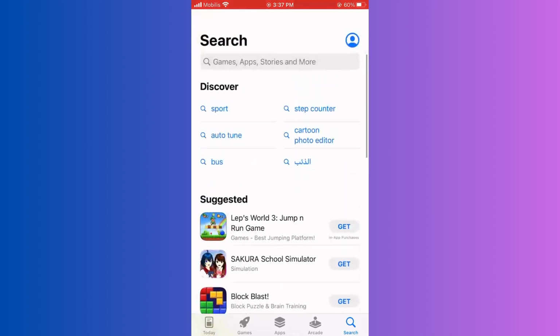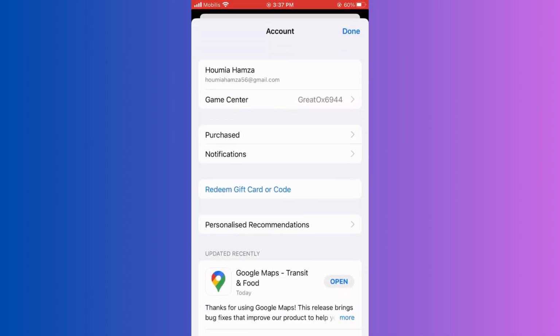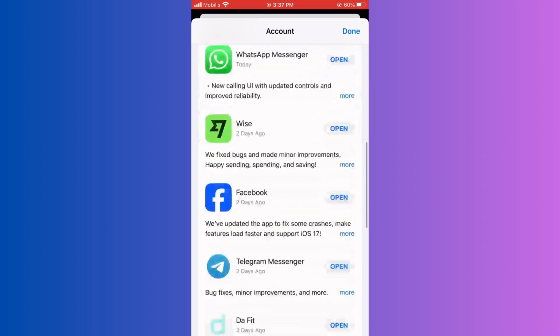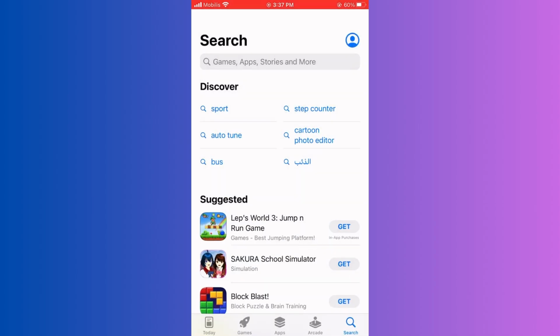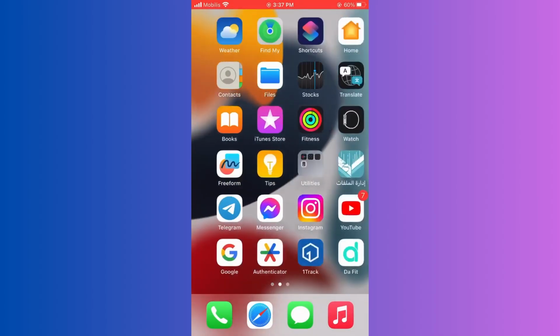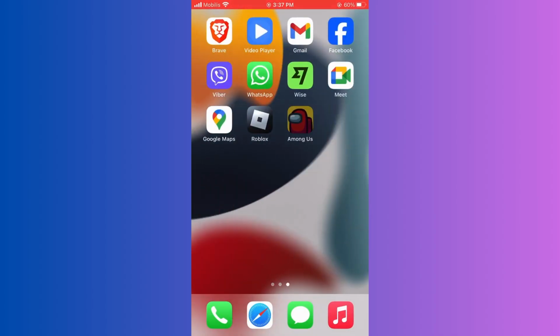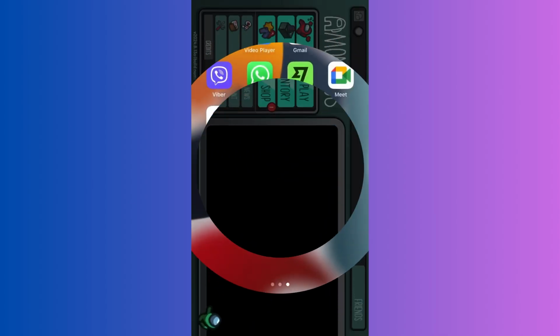And let's see how to change your Apple ID. To change Apple ID, go to the App Store and click the top right corner, and it's going to show your Apple ID. From here, guys, you can log out and log into the one you like, and you can correct the Apple ID. If you don't have to do anything, just go to the App Store and open Among Us,